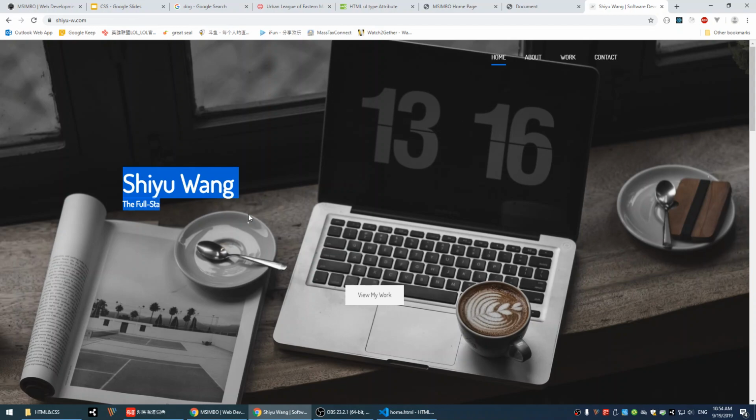Like if you want to change the style of those 100 pages at once, you only need to change the style. If you change the style, all 100 pages are going to be changed together. Because you always want to remain the same style for your website. Like all the titles should share the same style or similar style at least. So mostly, if they are all titles, for example, like